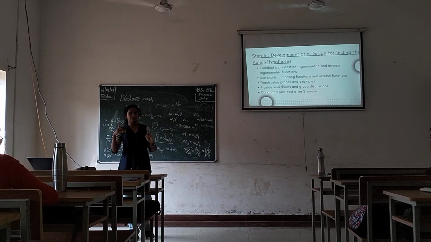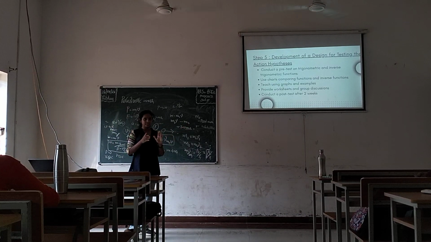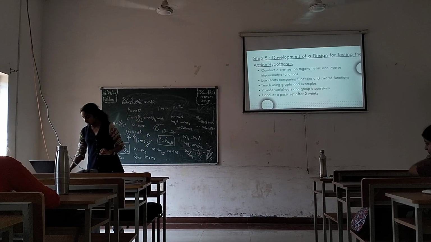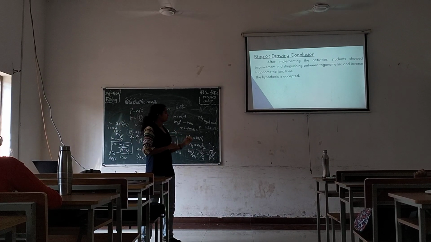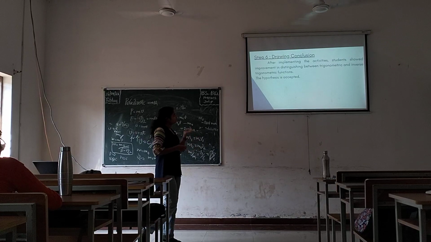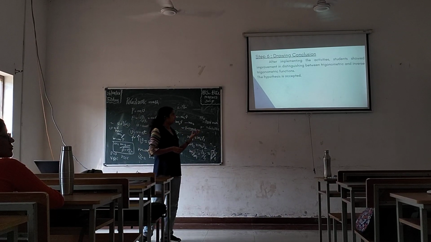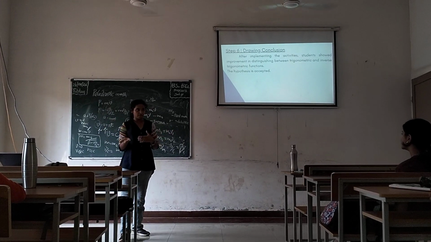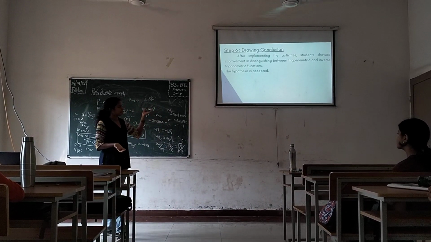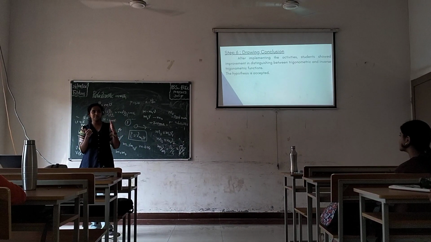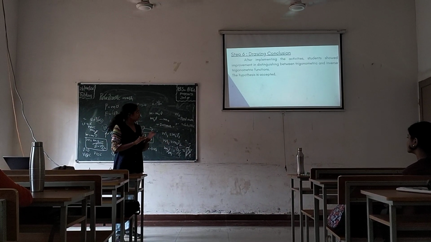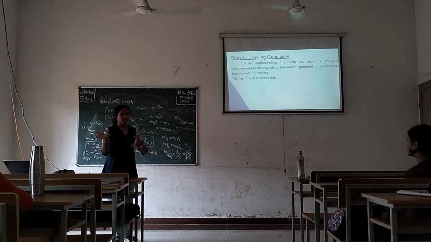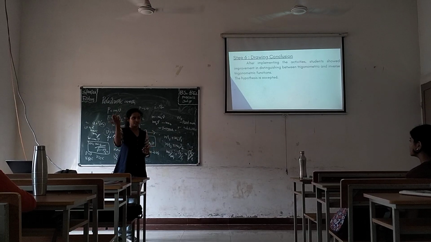After this, she has to draw a conclusion. After the post-test, she will get the conclusion. Sometimes it can be positive, or else it is negative. If it is positive, after implementing the activities, the students showed improvement in distinguishing between trigonometric and inverse trigonometric functions. So now the students are able to distinguish between those and do problems on these topics. So the hypothesis will be accepted. What happens if it is negative? If it is negative, then we will again find some cause, generate a hypothesis, implement it, and then conclude. So this is a cyclic process, as we already discussed in the previous